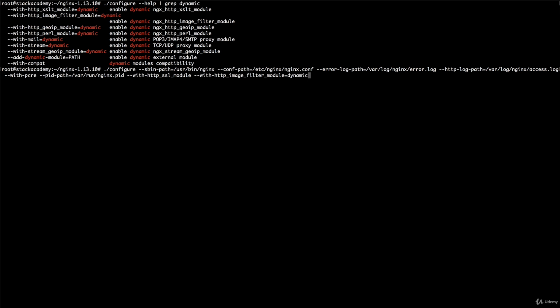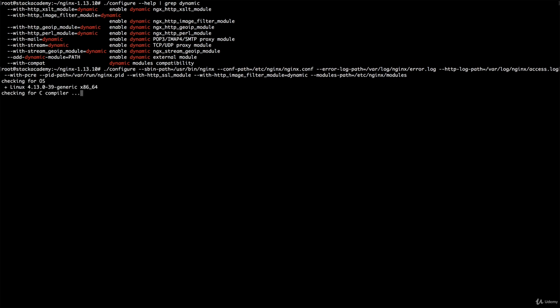Now, whilst running this as is will be fine, we've configured our Nginx install to have all its configuration files at /etc/nginx, meaning to have these dynamic modules at that same location, which is going to make enabling them much easier, we also have to specify the module's path, which we can do by adding a flag modules-path, setting that to /etc/nginx, so where the configuration files are located, /modules. Run this,